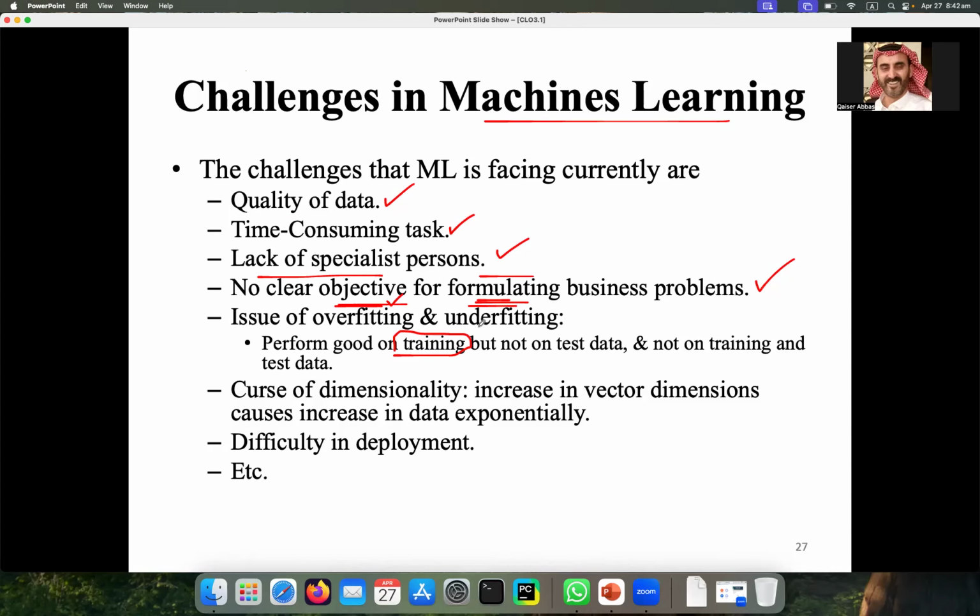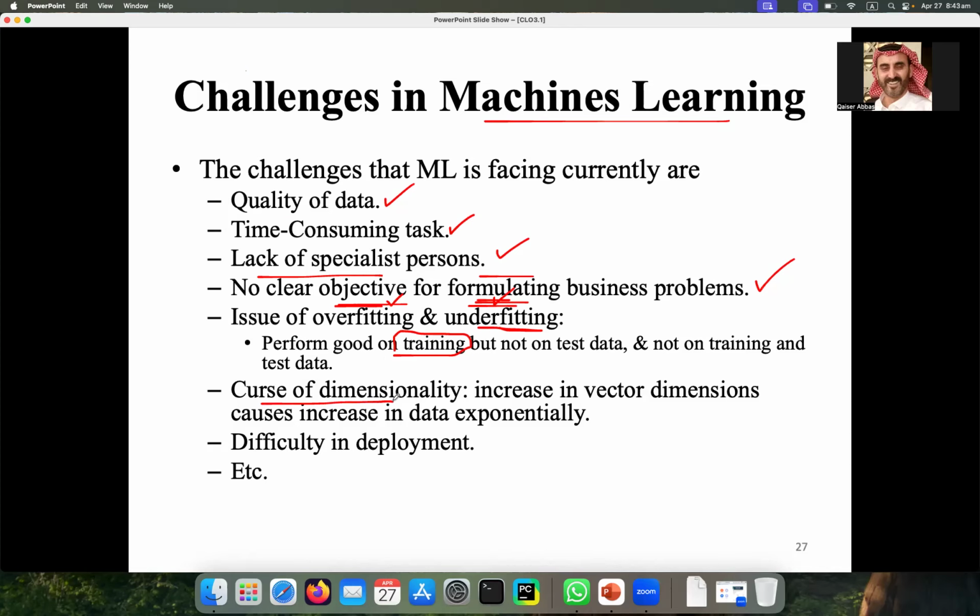And similarly, what is underfitting? When our model or program is not performing well on training data. When the training is not good, then automatically the testing will not be good. So that is the category of underfitting.